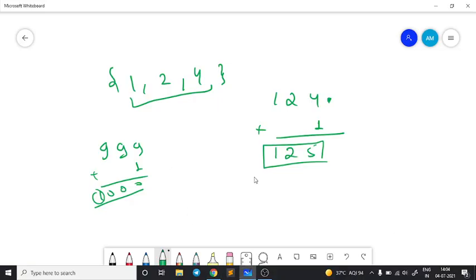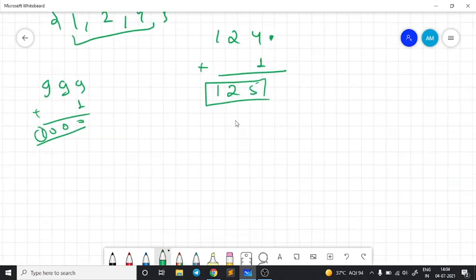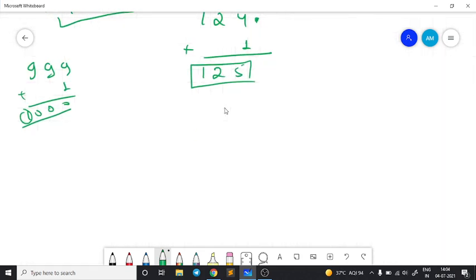So basically if we see here, if we add a number, let us suppose take some number like this one, 999, and if we try to add 1, we have to maintain two variables, right? That is a sum and a carry. Why do we need carry? Because 9 plus 1 gives me 10, but what do we store here? We store a 0 here, right? And 1 is carried out to the next digit.